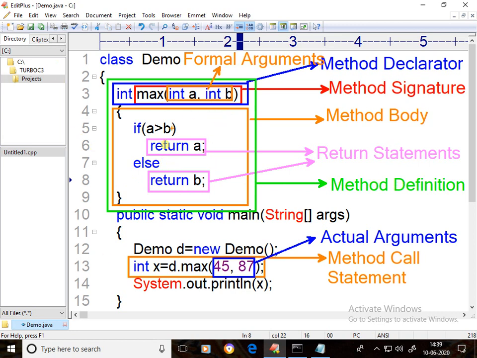For calling a method definition, we use one statement; this statement is called the method call statement. The arguments we pass in a method call statement are called actual arguments. The arguments in a method definition are called formal arguments. Arguments we can call parameters also.